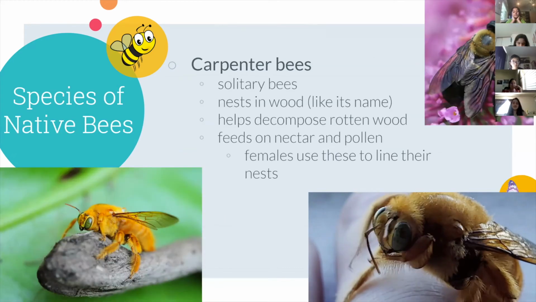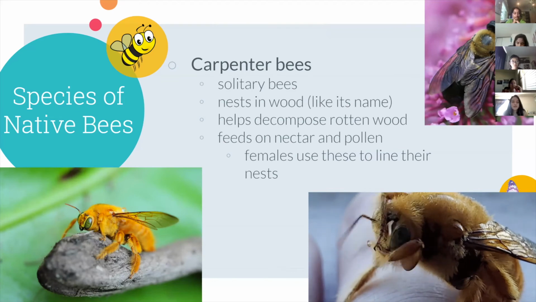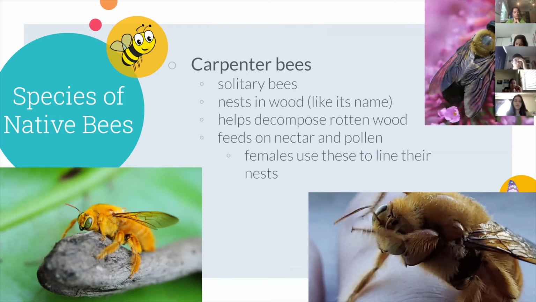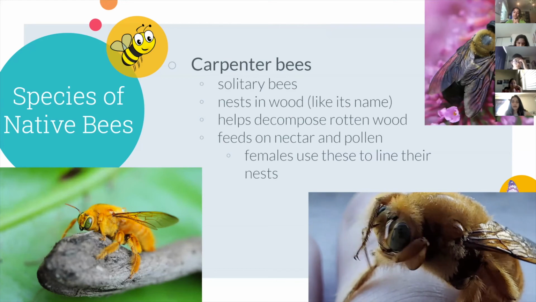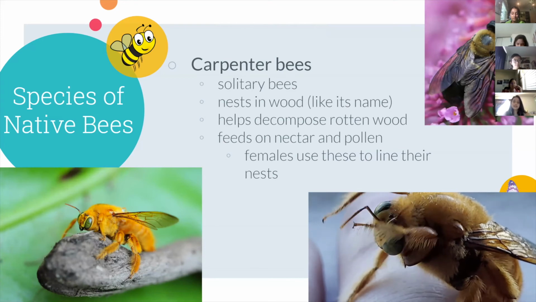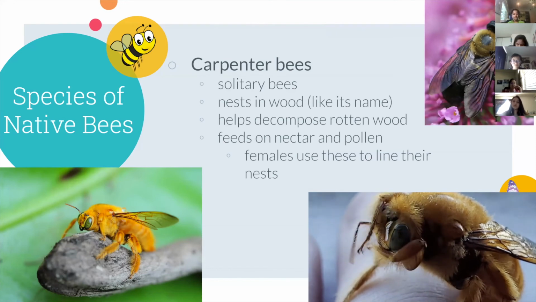Okay, so now we're gonna go into another species of bees called carpenter bees. And these bees are solitary, which means that they live alone, and they like to nest in wood, and they like to burrow in unfurnished wood, which is why sometimes if you've got